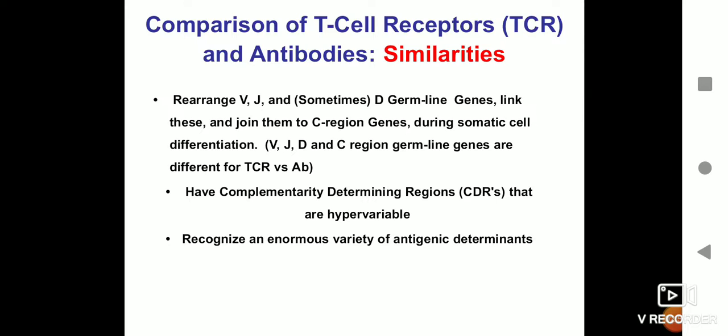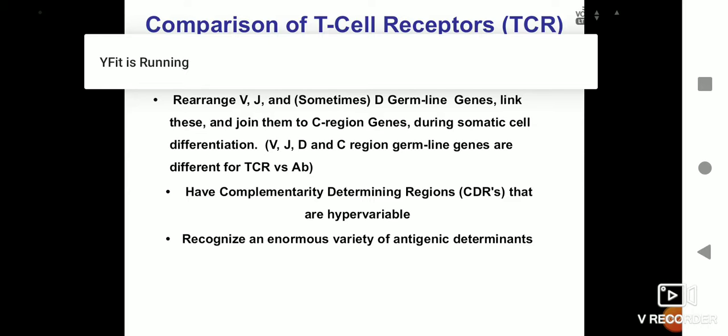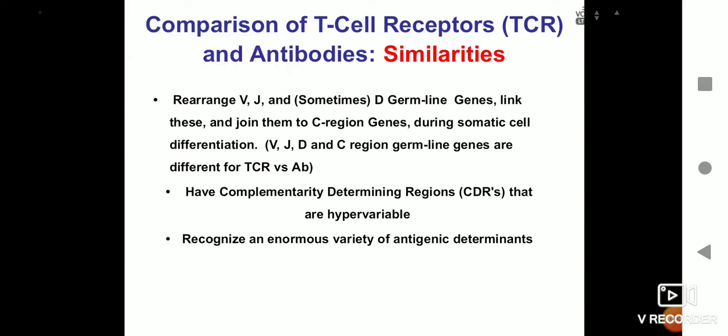So in both the T cell as well as in the B cell, you will see that in the variable region there is the V region, V domain, J domain and D region, as well as in the constant domain there is the C region. And during the process of development, during the formation of these T cell receptors and B cell receptors, there is a lot of gene rearrangement in the V, J, D regions, and that is what is necessary, which leads to formation of so many different types of T cell receptors and B cell receptors. That is one similarity.